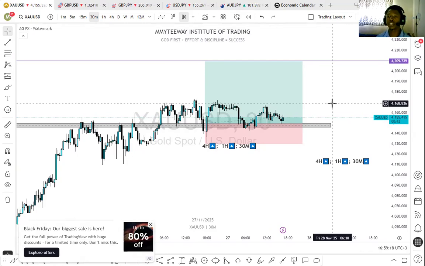Sometimes I don't take partials, I just leave them to go to 1 to 3. But I know what my minimum take profit is that I always get per trade. I never close a trade when it is less than 1 to 2. So I know that when I lose three trades consecutively, I only need two opportunities of profit to get back, and I'll already be in profit. I'll be no more in drawdown, because I only need 1.5 trades to gain back my